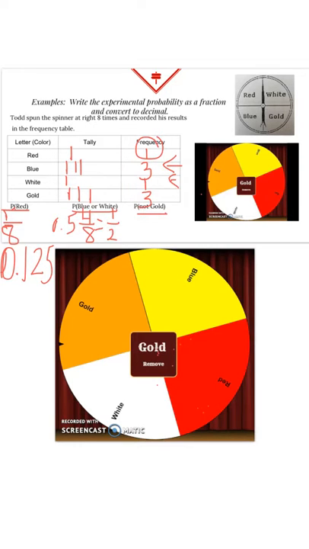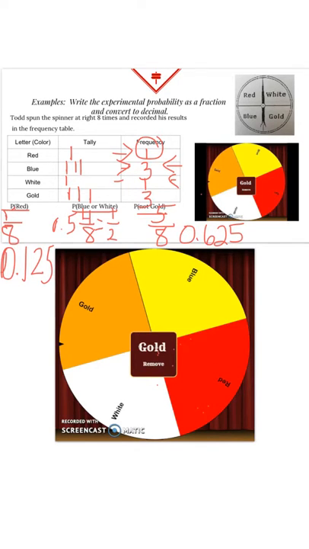Finally, look at the probability of not gold. So again, we have our fraction. We tried it 8 times, so that goes on the bottom. And now that we're looking at not gold, we want everything besides it. So we have 1 red, 3 blue, and 1 white, which is 5. So the probability of not gold is 5/8, and we convert that to a decimal, and it is